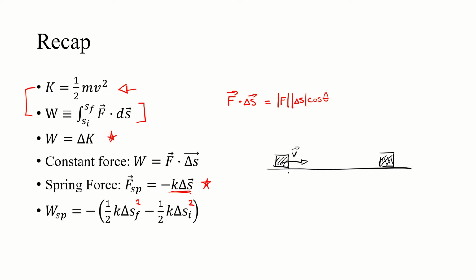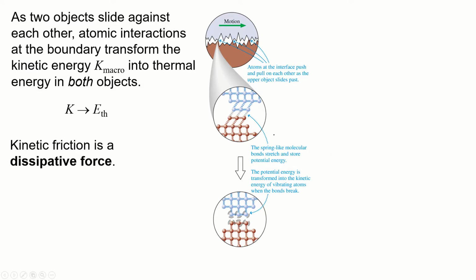And why does it stop? Well, obviously because there's some friction between it and the ground. How do we think about this in terms of energy? That is what we're going to look at today. When that object is sliding across the surface, we have the surfaces of the two objects rubbing together, and we have that frictional force between them, where we have this interaction between the molecules of the one object and the molecules of the other.